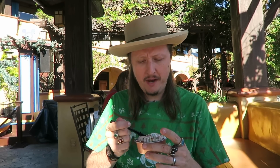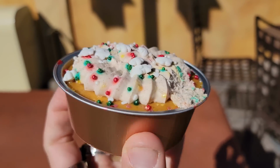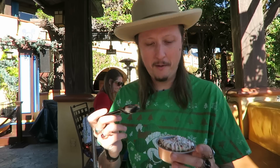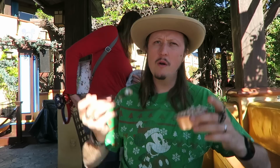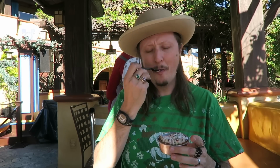So here we go. Oh, wow. So the pumpkin gooey cake is like pumpkin pie. So it's like a pumpkin pie on top of your graham cracker crust and your cheesecake. That's great. I mean, it's not wrong. It's a pumpkin pie layered on top of a cheesecake. So it is a pumpkin layered cheesecake. I don't know. I think I was kind of expecting more of like layer on top of layer, but you know,